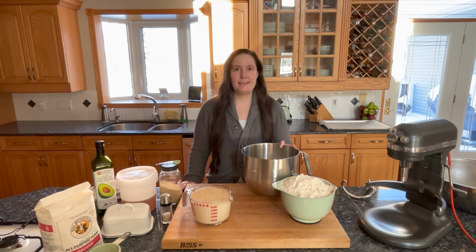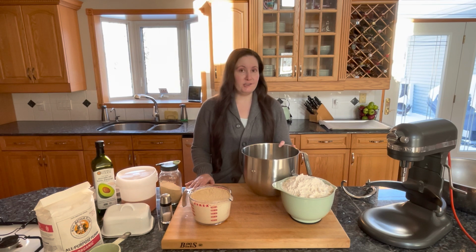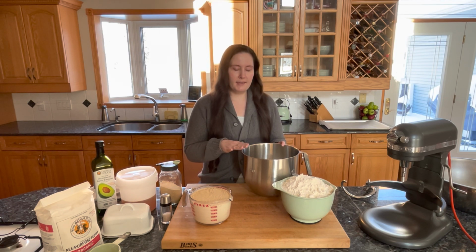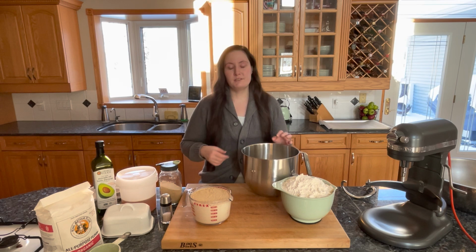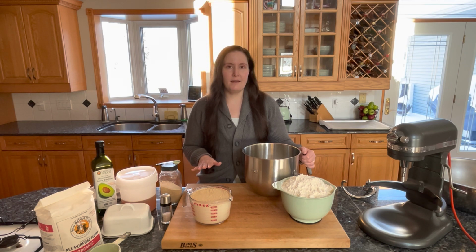Today we'll be making dinner rolls. This is my own recipe. I've made it for about 15 years and it's been tweaked over the years. Now I make it, it's the equivalent of 4 loaves of bread and it will make you about 2 dozen baseball size rolls. I make this for all kinds of things, as slider buns, as hamburger buns, as actual loaves